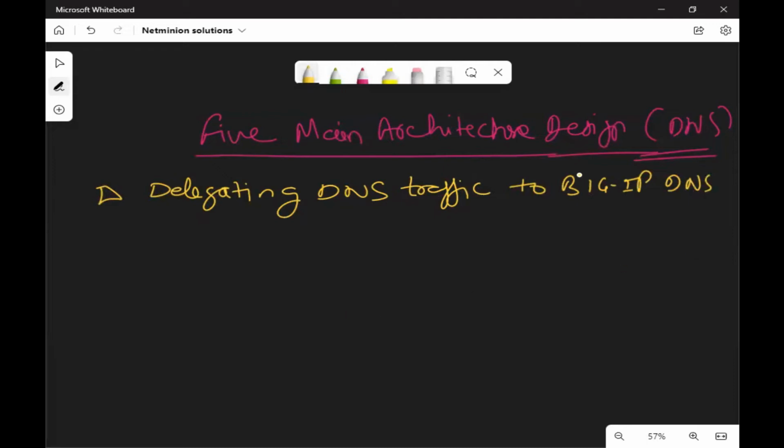I will only write down F5, just to understand that when I am writing F5, it means I am talking about the DNS module only. So first is delegating DNS traffic to F5. Second one, you can replace. Firstly, I was delegating. Secondly, I am replacing a DNS server. So I am totally replacing the DNS server with